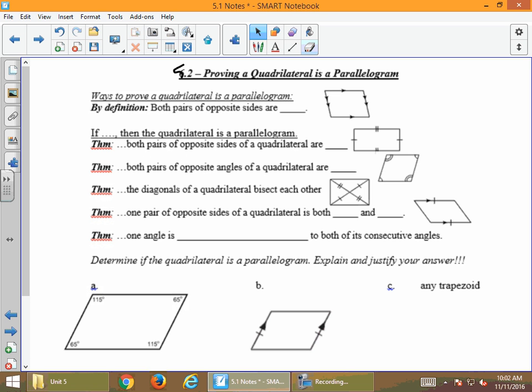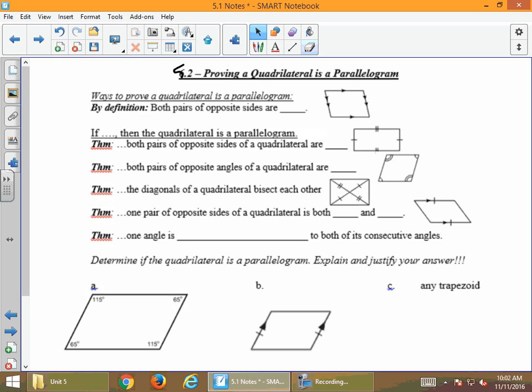Very, very quick. This is all the notes we're doing today, and then you can get started on your extra practice. It's pretty much a review of what we did yesterday. It's a little different because yesterday you were told you had a parallelogram, and then you had to apply those properties to solve for different parts. Today, you're going to be given a quadrilateral, and you have to take the information to determine whether or not